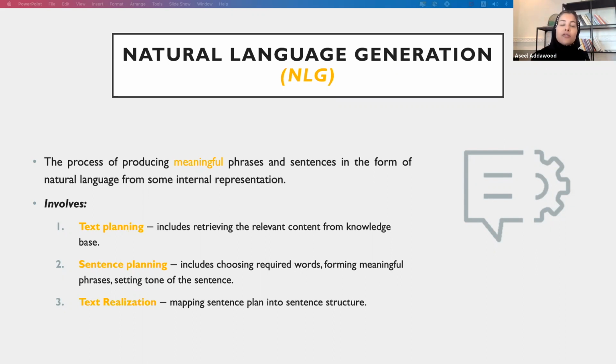So that involves, how can I plan the text? How can I plan the sentence? How can I plan the wordings? All of these. So natural language generation is a subdomain that is concerned with how I can translate what the machine wants to say into wordings, into text sentences, and most importantly, so that the human can understand the machine very well.